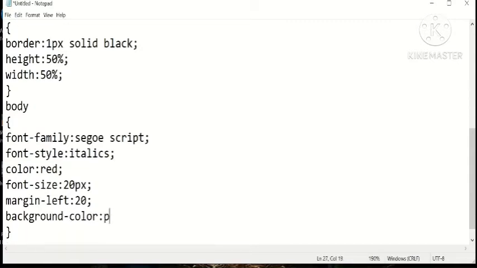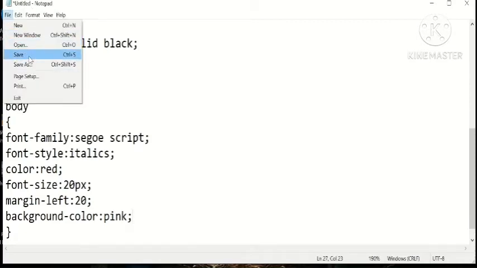Please be careful of the syntax as it is a little bit different from your HTML.